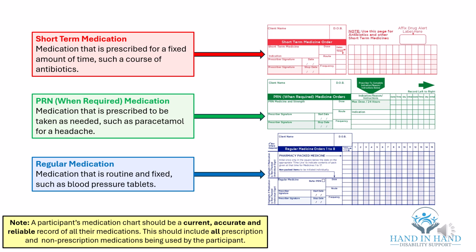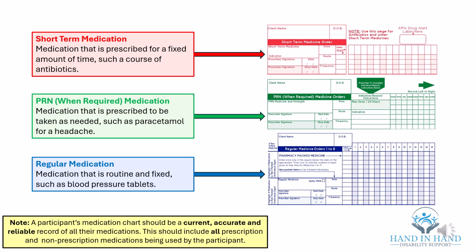a course of antibiotics. PRN medication, from the Latin pro re nata, meaning as needed, refers to medications that are taken only when necessary, rather than on a regular, scheduled basis. These medications are typically prescribed for intermittent symptoms or conditions, such as pain, anxiety, or nausea, which may arise sporadically